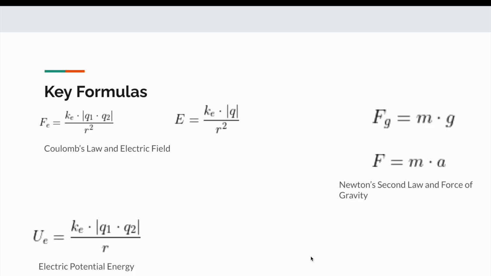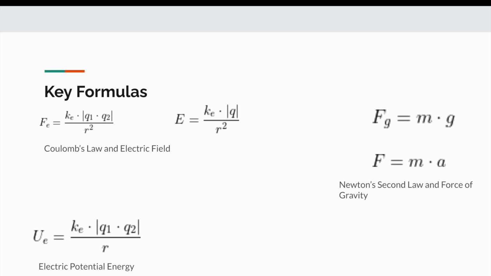Now, looking at the key formulas, first I can find the electric field, and this is going to describe the point charge model. This is from part 1 of the lab. It is used to understand the field created by the tapes and how it affects their interaction. Additionally, the gravitational force is very important, especially in the floating tape experiment, and similarly, Newton's second law correlates directly to this. But one of the key ones that we're going to be looking at now is the electric potential